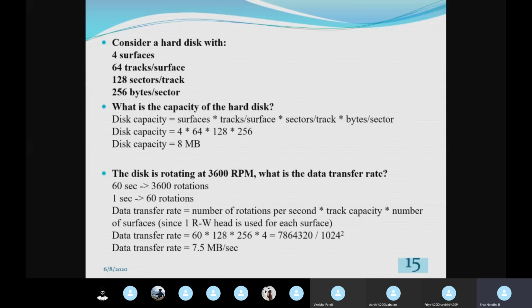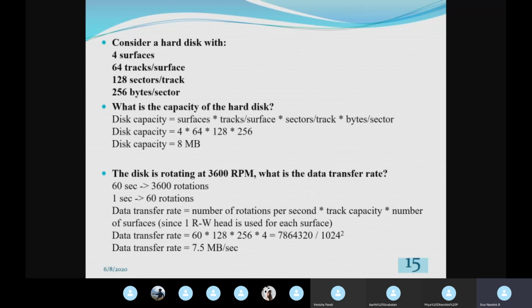So what do you mean by data transfer rate? This is the amount of data transferred per second. For that, what is the formula? In a hard disk, how is the data accessed? By rotating the disk, in that particular cylinder, in that particular track, in that sector, we have a byte of data.